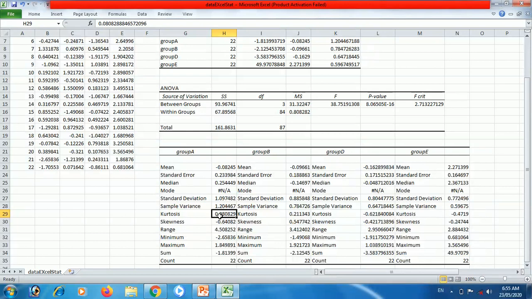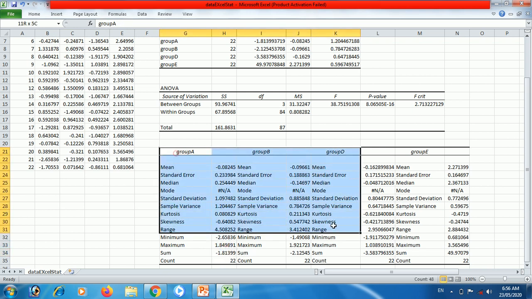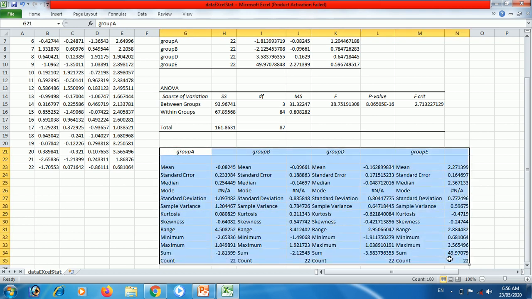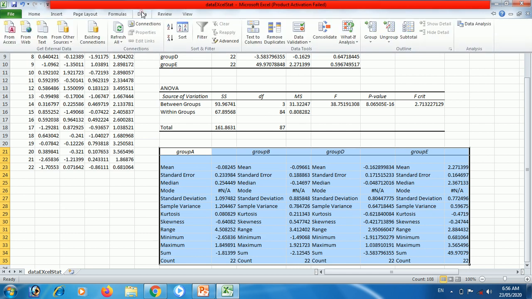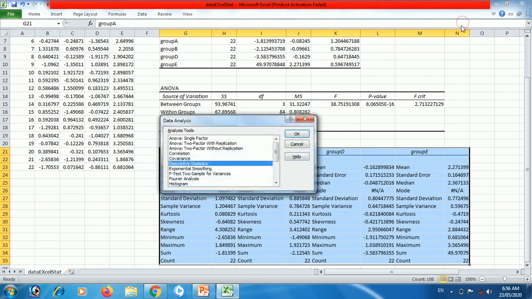Skewness is there. Skewness is the spread of the curve, whether it is skewed to right or left. Then range is there, minimum, maximum, sum is there, and all that descriptive statistics is there. And this descriptive statistics can be used for description of your data, and all others are there. You can explore those and spend much time.